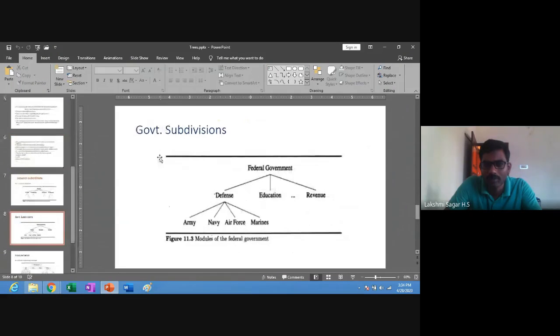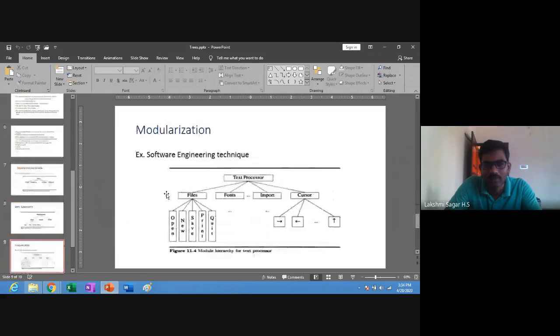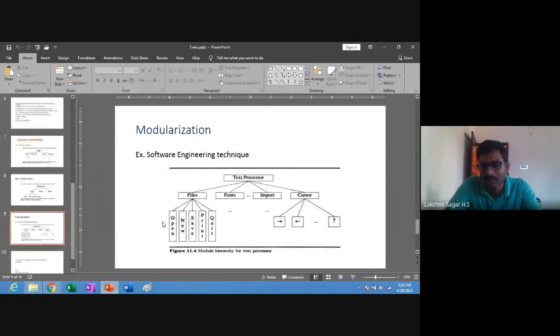This is the government subdivisions example, this is the example for the whole-part relationship using a hierarchical system, and this is the similar relationship between the data elements.